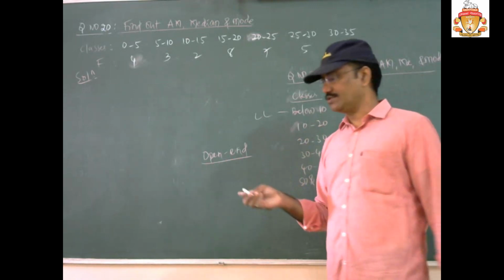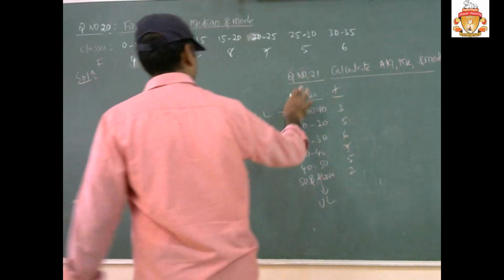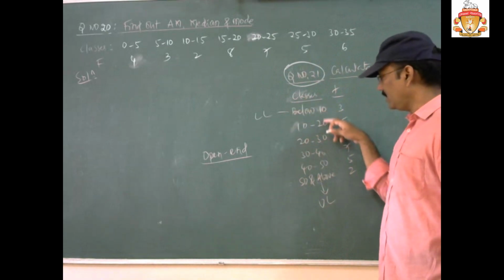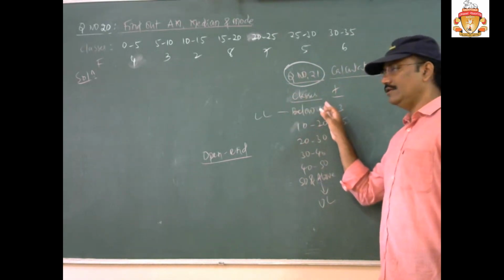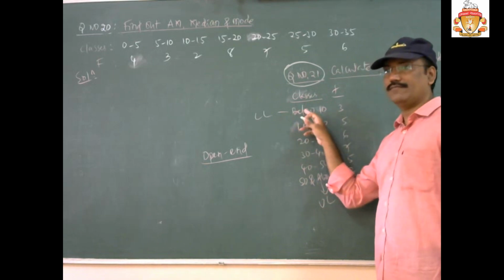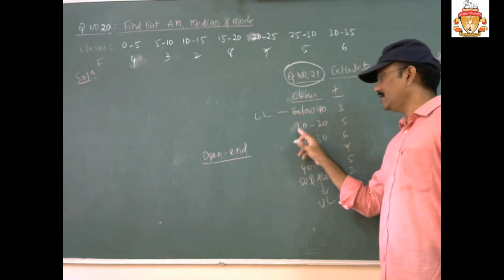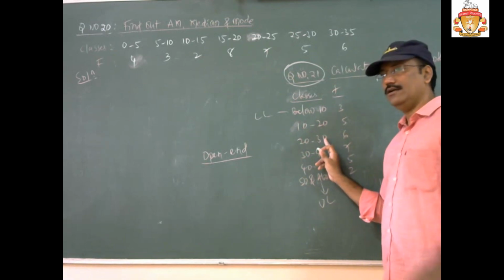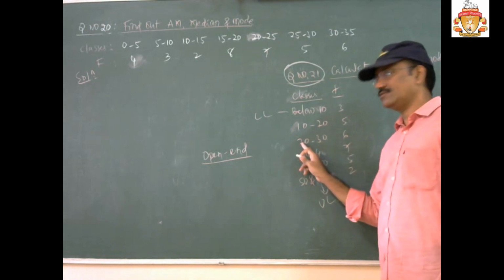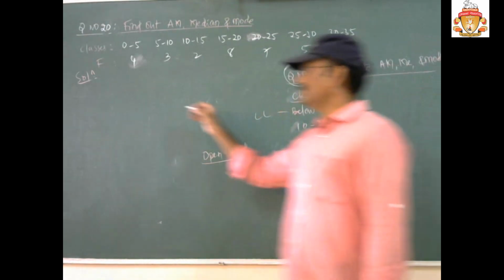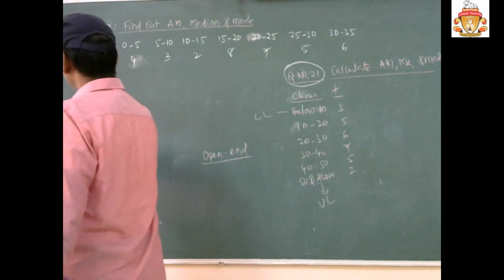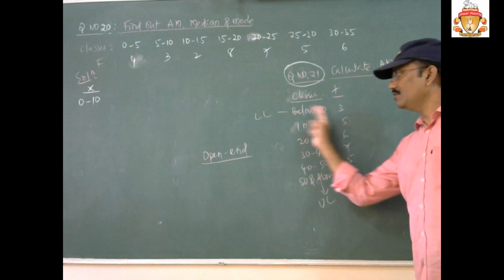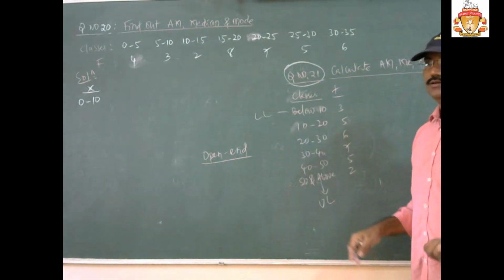Now I will go with your solution. In the solution, this was question number 21. Remember question number 21. Now in the solution, if you see here 10, 20, 30, 40 like that, the difference is 10. So for less than 10, 0 is there because the interval is 10. 20 minus 10, 10 comes. 30, difference 10 means 30 minus 10, 20, like that. 10 minus 10, 0. Your first class is 0 to 10. How is it computed? On the basis of the difference here, 10. So you come 10 points before.